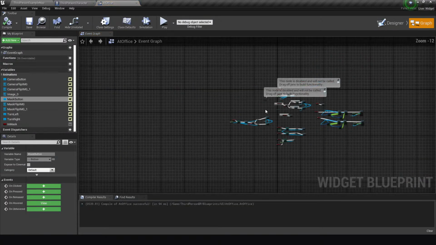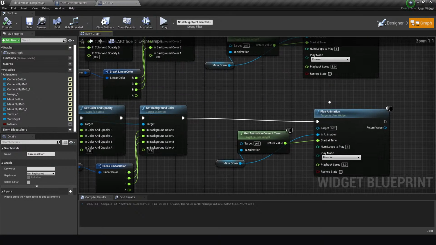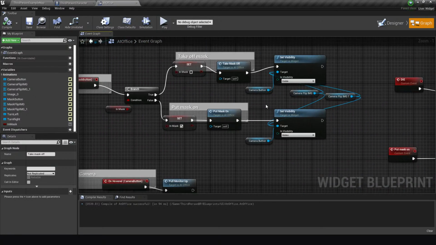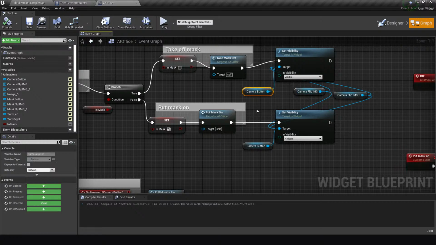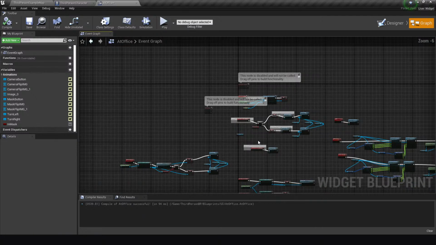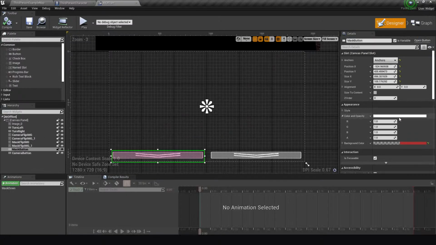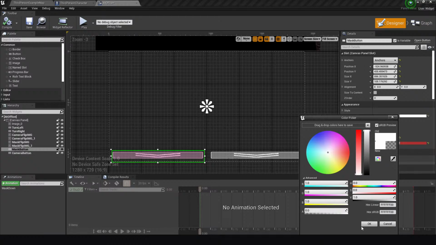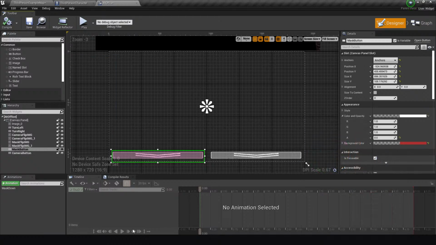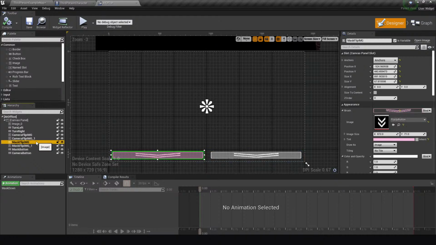Why does that happen? Let's go see the code. Put mask on, take mask off. This is just animations. Let's see. Okay. I'll just do this. That should fix it. And also, let's double check the FNAF 2 office. Yeah, this is way more red. I thought so. So we could change these